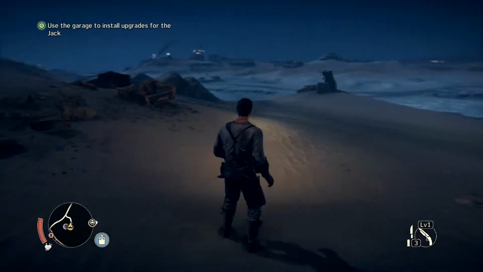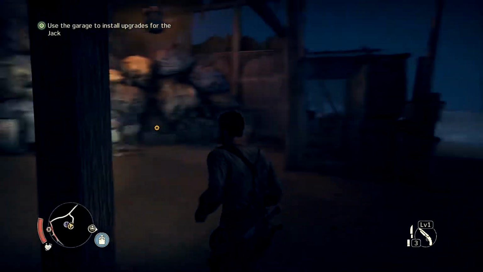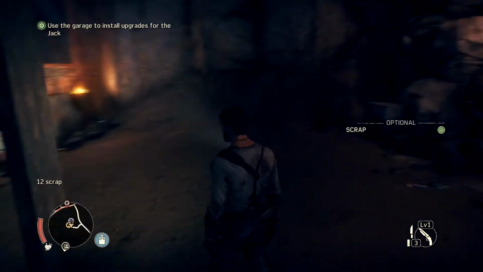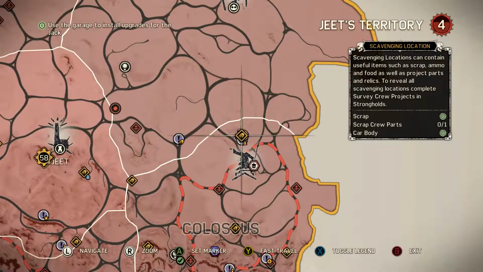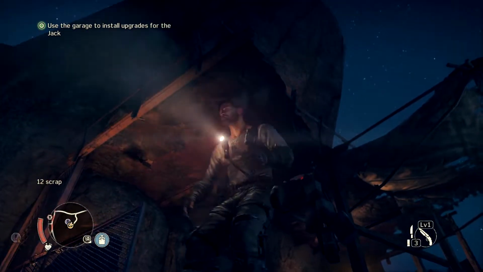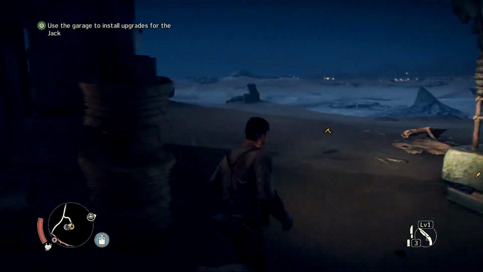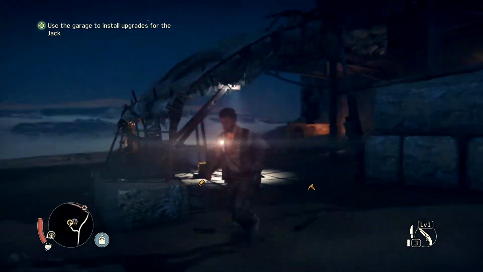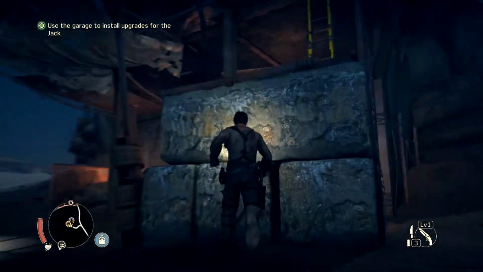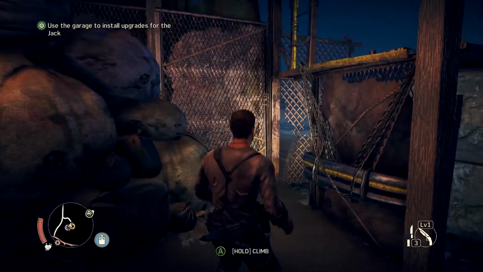We're full of ammo because we were just in the base. So that's a thing that happened. Place is not 100% looted because we need a scrap crew part. And there also appears to be a little mission-y thing up there. Let's go ahead and see about getting up. There's no yellow thing to climb there. We can't jump high enough to...